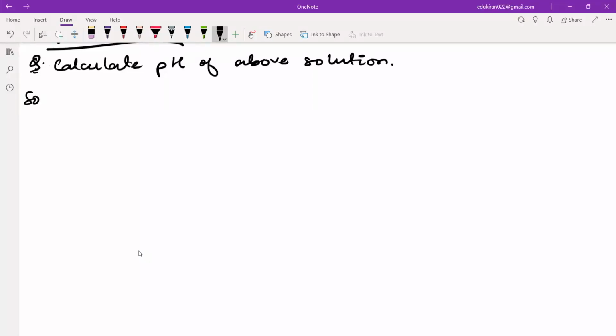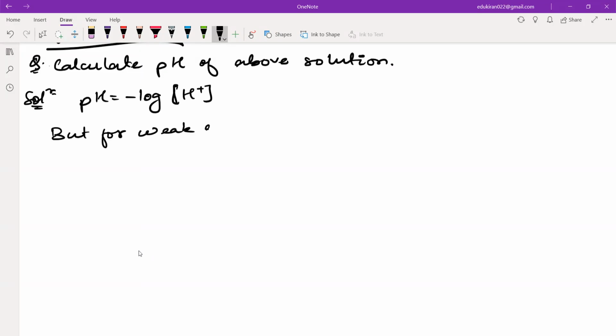So what is pH? pH is equal to minus log of the concentration of H plus ions, right? But for a weak acid, the concentration of the acid is not equal to the concentration of H plus ion, because all the acid molecules don't dissociate to give you H plus ions. So how are we going to calculate this? So in this, you have HF, which is in equilibrium with